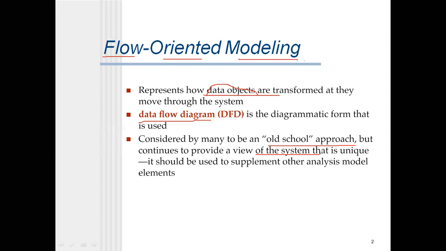That's why till today DFDs are also used in our project designing or project modeling. It should be used to supplement other analysis model elements, right? If we go to the next slide, data flow diagrams.